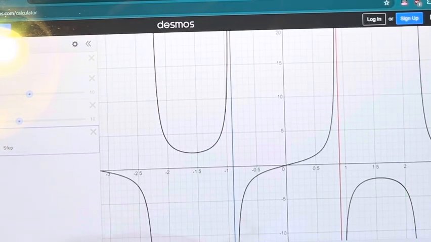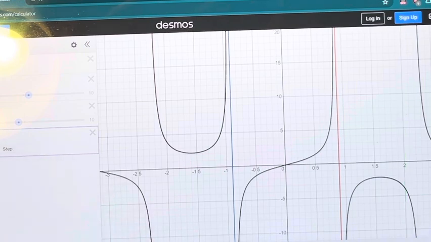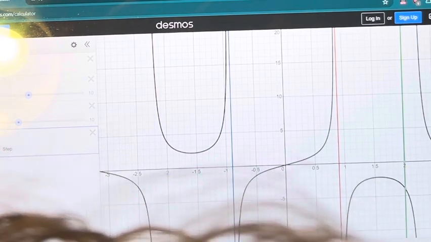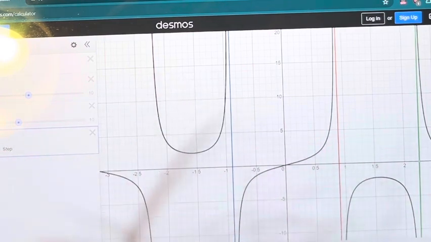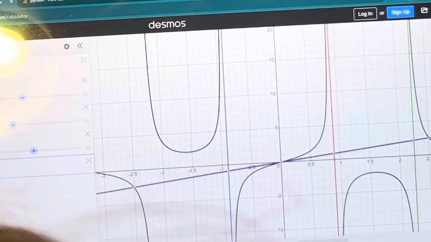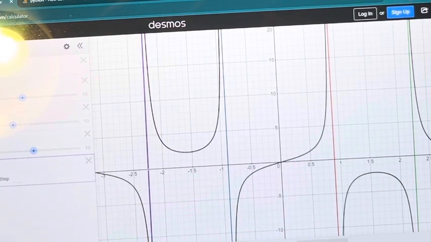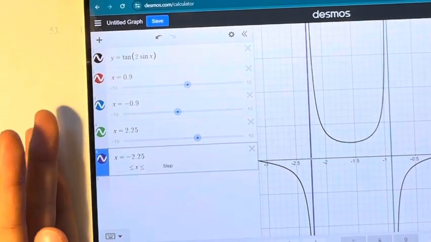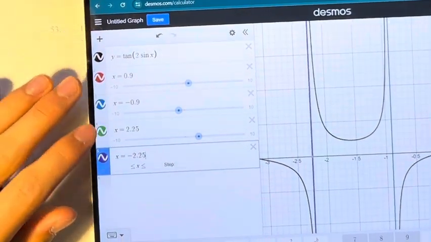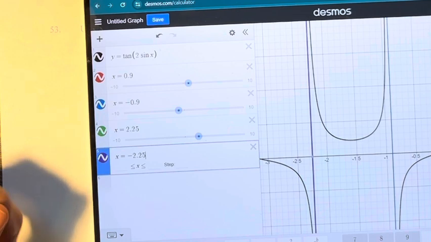That's too far over. 2.4. Still too much. 2.2. Sorry, that's 2.2. 2.2 is again maybe 2.25. There you go. It's about as good as you're going to get by looking at this range. So we can say therefore negative 2.25 is also going to be your asymptote as well. And so these are your four asymptotes. If we pull up the equations right here, negative and positive 0.9 and negative and positive 2.25 are the estimates